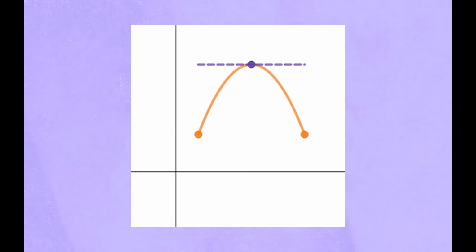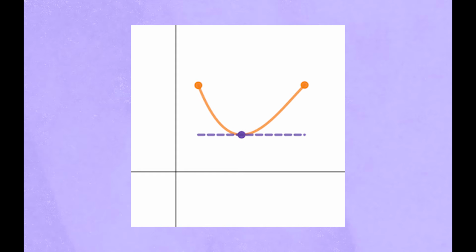I like to think of this theorem in terms of the idiom what comes up must come down. If the function f of x starts and ends at the same value, but initially goes up from x equals a, then it must come down later, and that peak will have a horizontal tangent line. Similarly, if the function starts by going down, then it must come back up, and the bottom of the valley will have a horizontal tangent line.